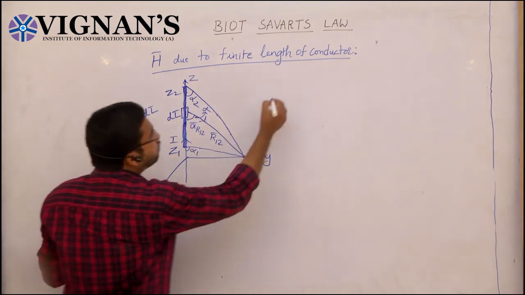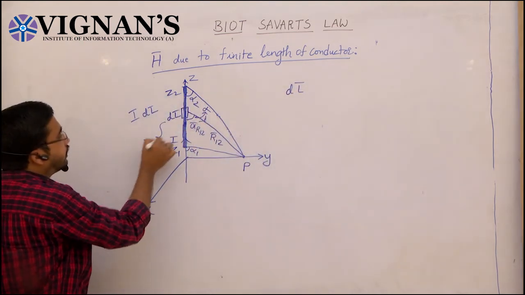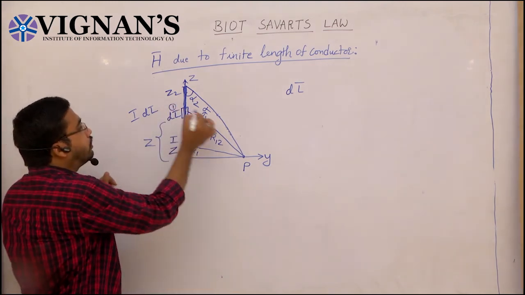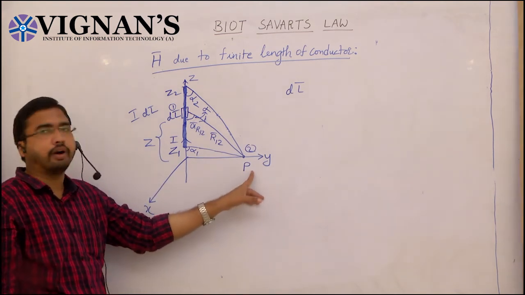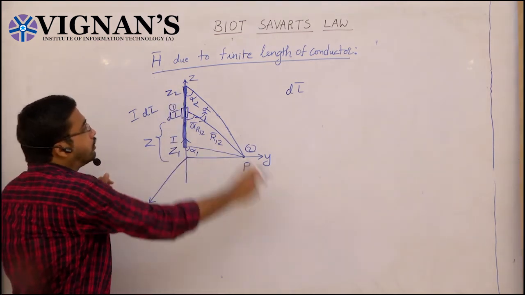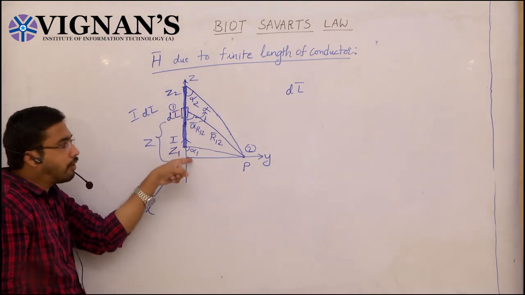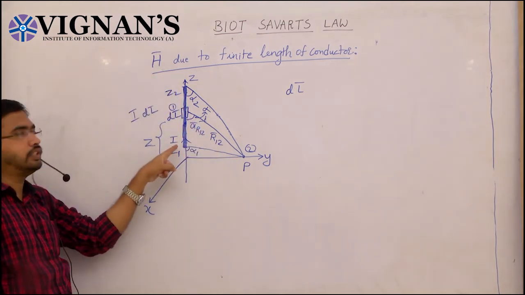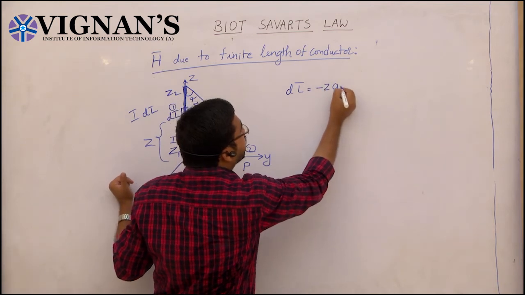So again the same differential length dl, take this height as some z. If you want to go from this first point to second point, I want to find the magnetic field intensity at point P. If I want to go like this, I should cover this z-axis to origin and from origin to this point P. That means you are going in the opposite direction of z. So you can take minus z into az bar.